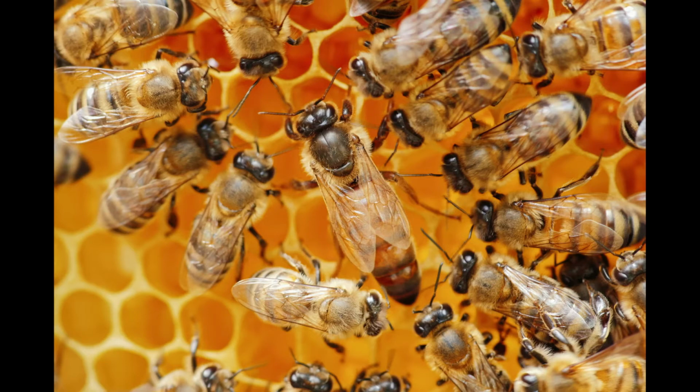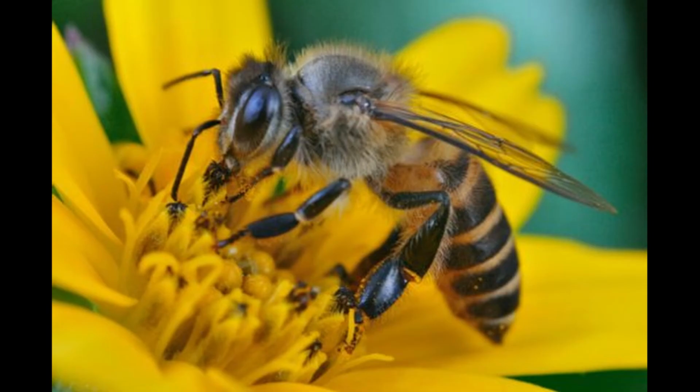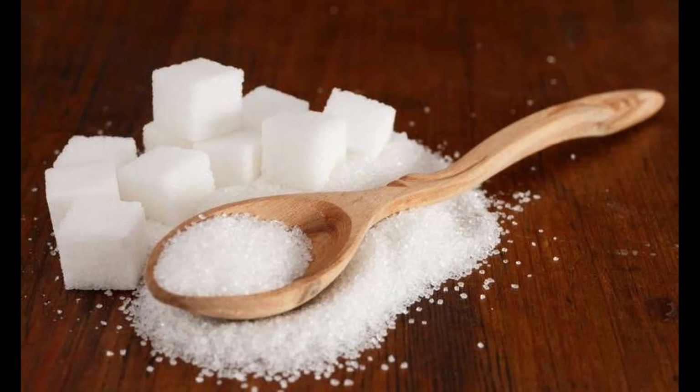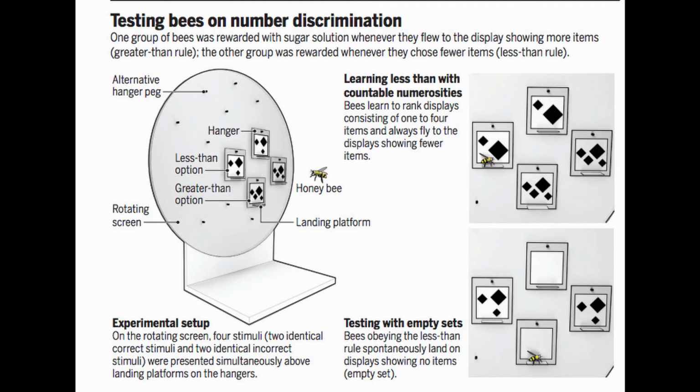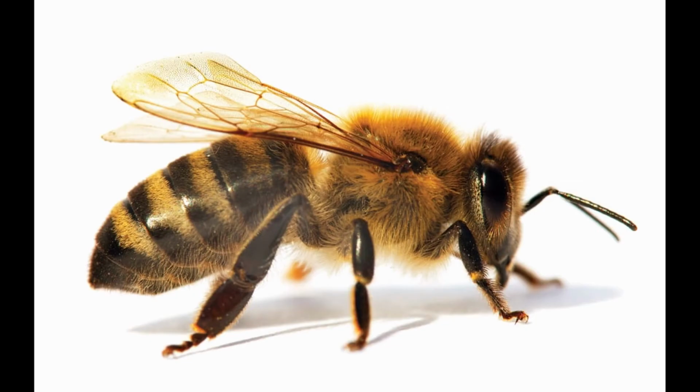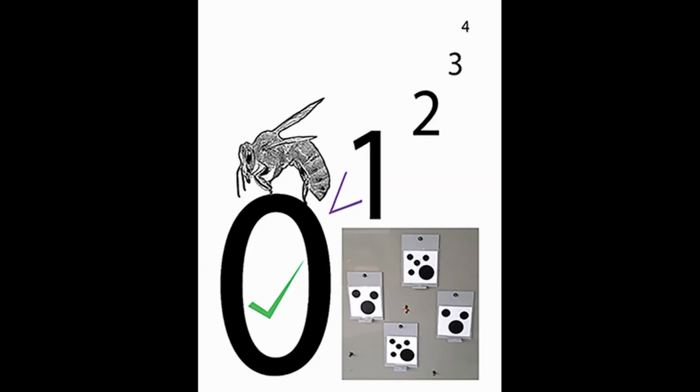As a side note, even honeybees can understand the concept that 0 is less than 1. This was determined from an experiment performed by Australian scientists. In this experiment, sugar was placed behind panels, with each panel containing a different number of shapes on each board. For the bees to attain the reward, they must go through the panel with the least amount of shapes on it. When presented with a blank panel, the bees most of the time would realize that nothing was fewer than